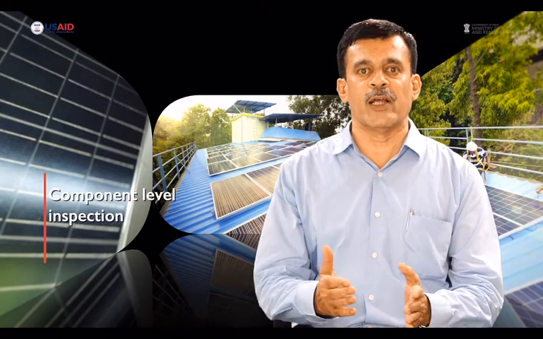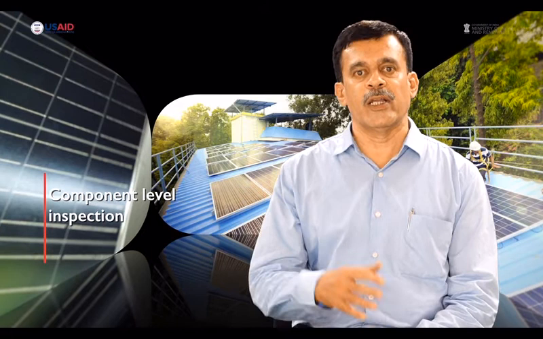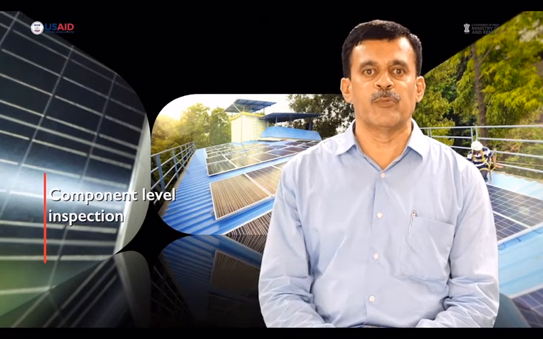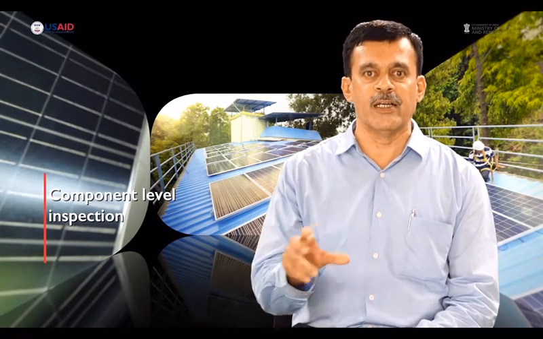At that time there are two stages of inspection that need to be done. First is component level inspection. At the time of application, or even in the net metering regulation, there is a particular single line diagram, SLD, that is defined for net metered systems or for gross metered systems, as the case may be. So the first thing would be to see whether the actual installation is exactly complying with the SLD that has been decided or that has been submitted by the consumer, as the case may be.